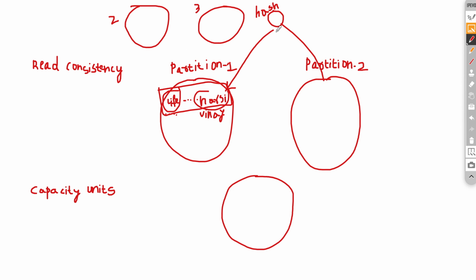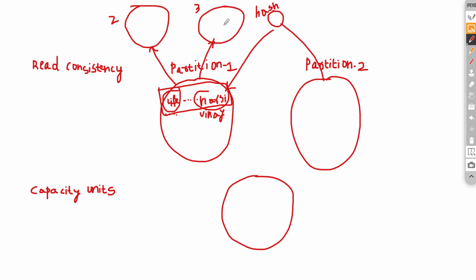So whenever you create an item, behind the scenes it will propagate those changes to all these regions. It could be regions, or it could be, say, other availability zones within the same region. Okay, but the fact is, it is copying this data to multiple places, so that it maintains high availability,